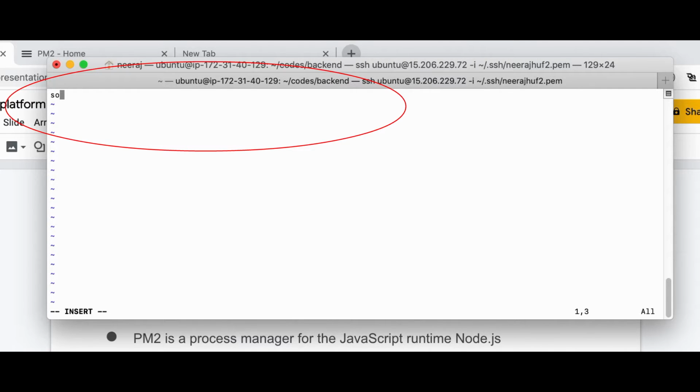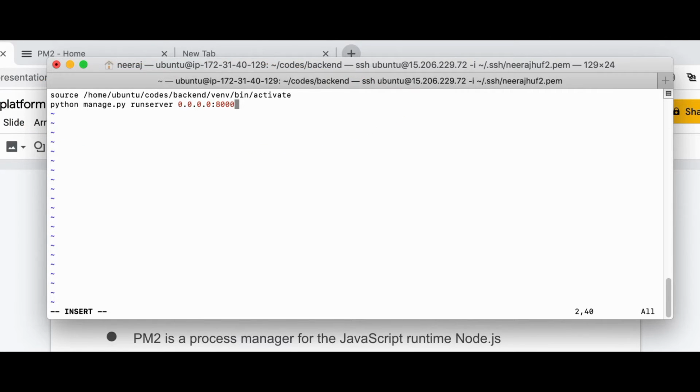So I will write the command to activate my virtual environment, and the next command is to run the server at port 8080.